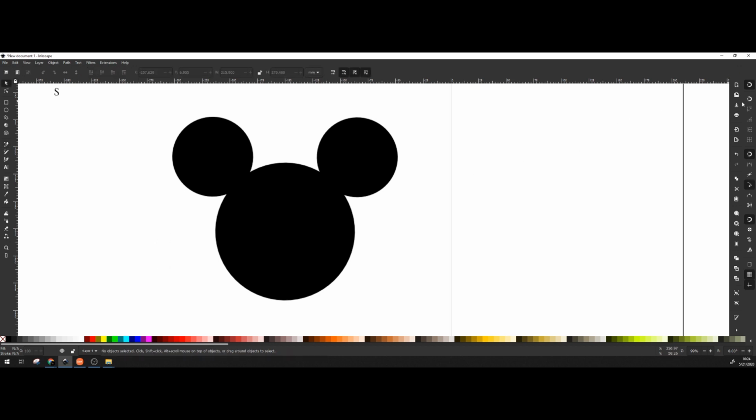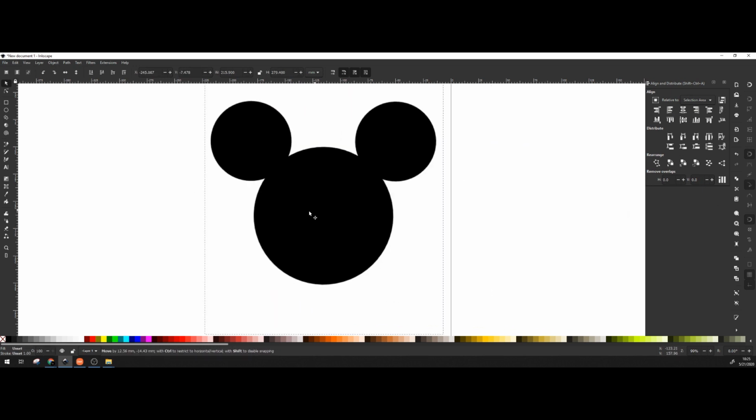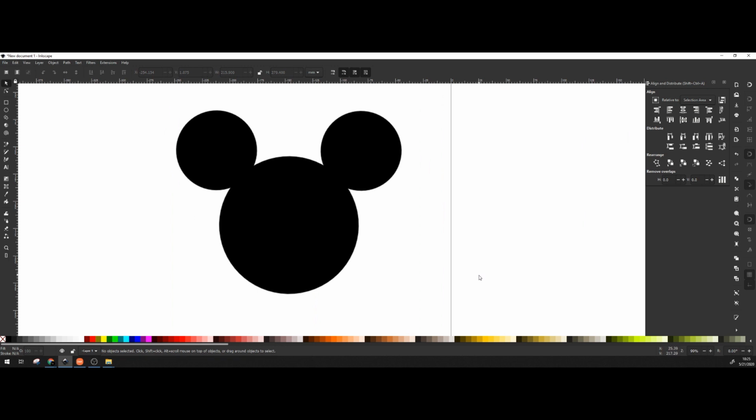There's a couple extra things. First off, in the top right corner you'll see enable snapping, which is a percent sign. Snapping is a pain in the butt sometimes, so just get rid of it when you don't need it. And you'll see Control Shift A brings up your alignment tool. I have a widescreen, so I'm going to leave mine up because I still have plenty of room to work with. All you're going to do is you're going to first start with B, which is Edit Bezier, and you're going to just